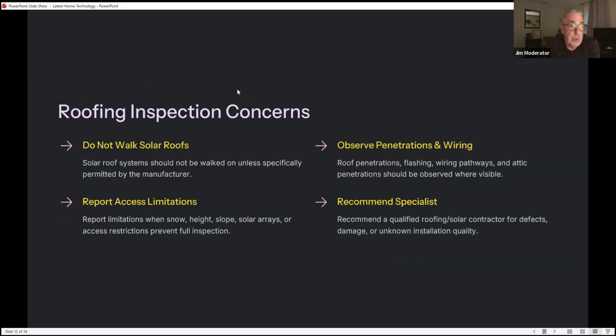Roof inspection concerns. Do not walk on solar roofs. Solar roof systems should not be walked on unless specifically permitted by the manufacturer. Observe penetrations and wiring. Roof penetrations, flashing, wiring pathways, and attic penetrations should be observed where visible. Report limited access. Report limitations when snow, height, slope, solar arrays, or access restrictions prevent full inspection. And we always want to recommend the qualified or licensed roofing or solar contractor for defects, damage,